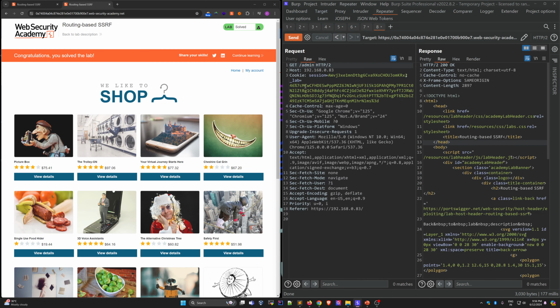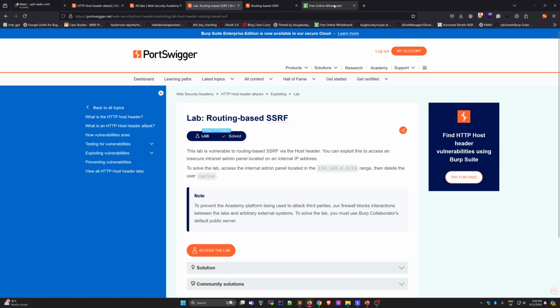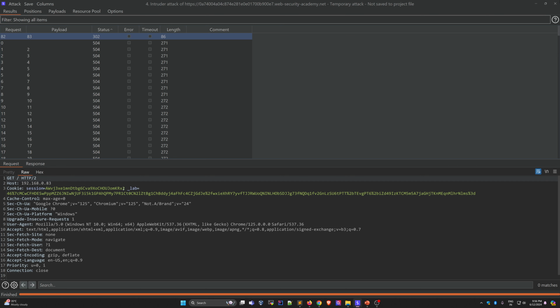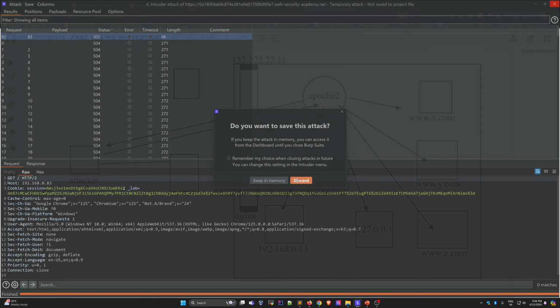Means if we change this and they are not validating, see, what is the issue here? I sent a request for this host, but if they were not misconfigured, they would drop the request here. But they are sending the request here and we are accessing this internal website, these admin services. Okay, and yes, we successfully got this. So if anyone has a doubt, then they can